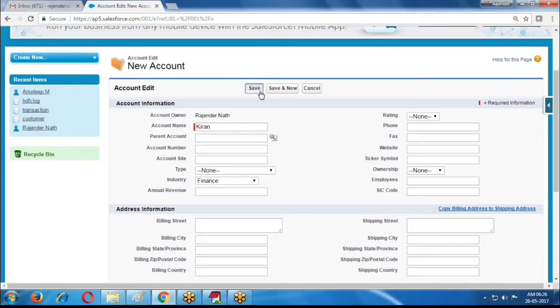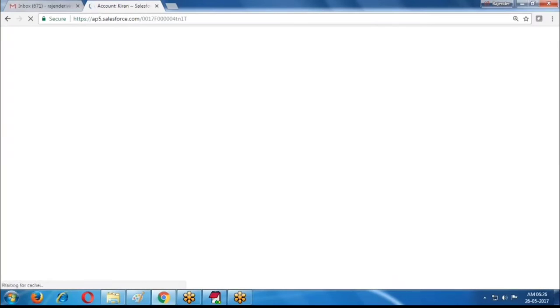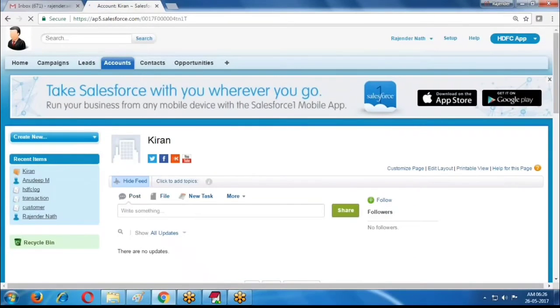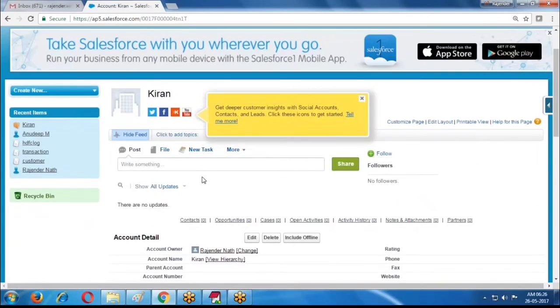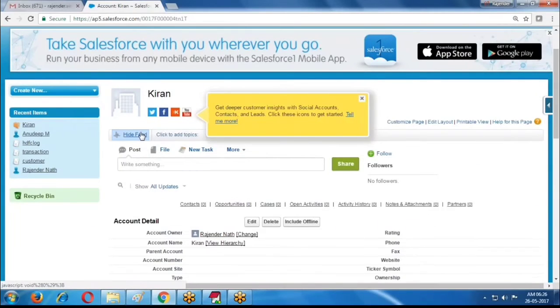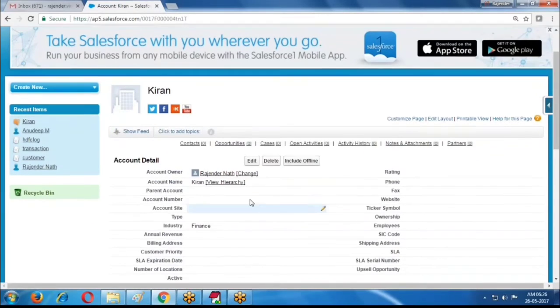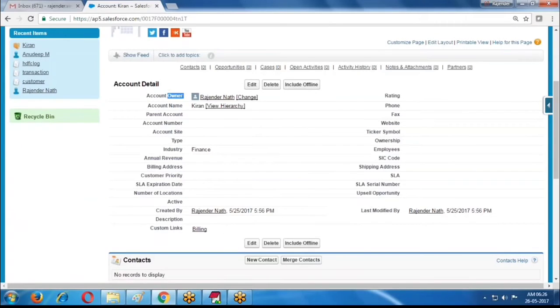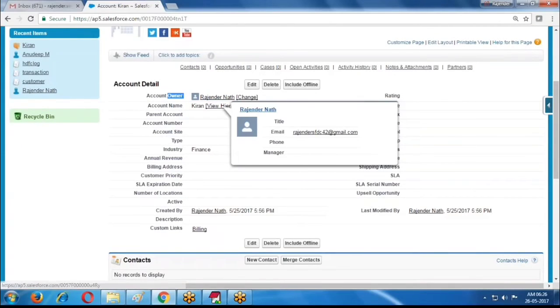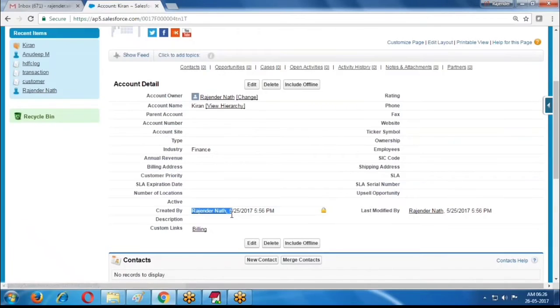Some industry I am providing. I created this record. Whenever I create one record, it shows the owner. Owner is Rajendra Nath. Created by Rajendra Nath. Last modified by also Rajendra Nath.